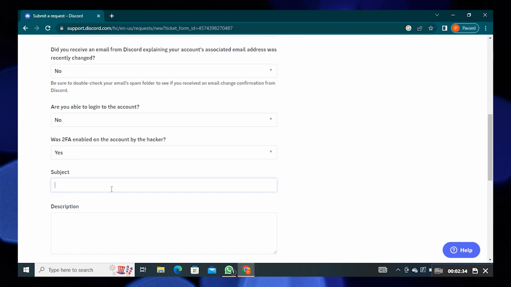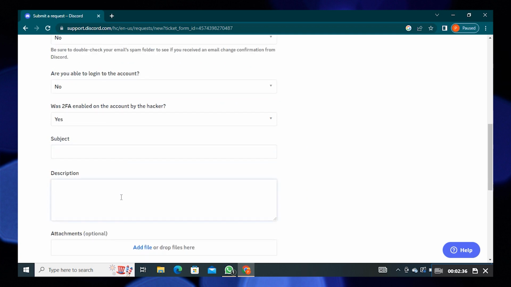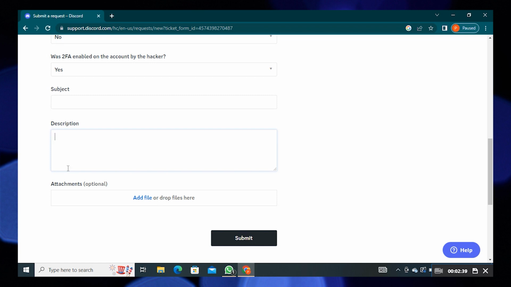Lastly, add the description about your request. Also, you can attach files to send as evidence. Click on Submit to send your report. Discord will help you in